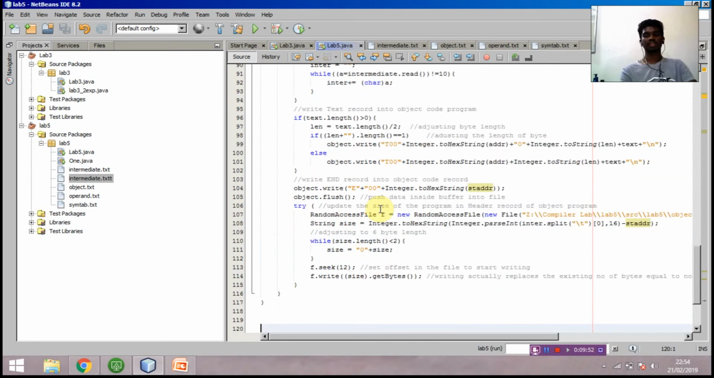So in the first line itself I told that we haven't given the text size, the object intermediate code size, in the first line itself. So we'll be using one try method. We'll be using random access file, meaning it can access randomly any part of the file, no need to access sequentially. So I'll open that object file, and inside that I have declared string size equals to